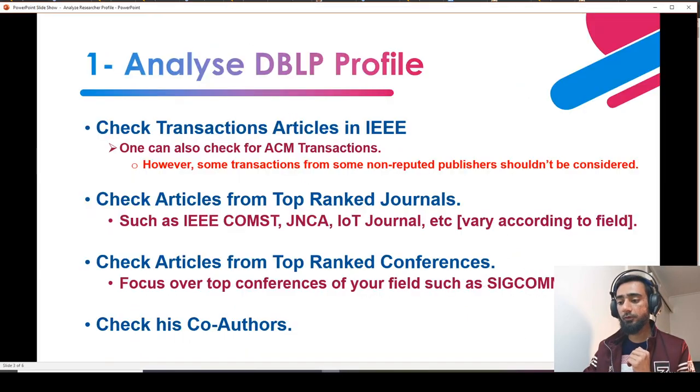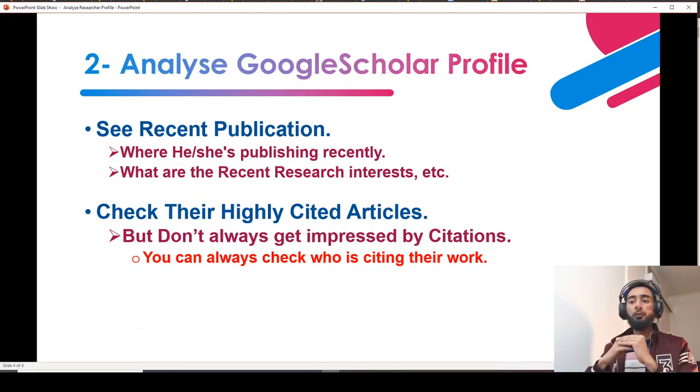The next thing that you need to take care of while analyzing the profile is to check their Google Scholar profile. Google Scholar profile is important for two reasons. First, you need to check their recent publications, like what exactly that person is publishing recently, which field he's working over, what are his recent research interests. You will find out whether his recent research interests match your interest or not, so that you can apply further. And you need to check their highly cited articles and how many citations they have, but